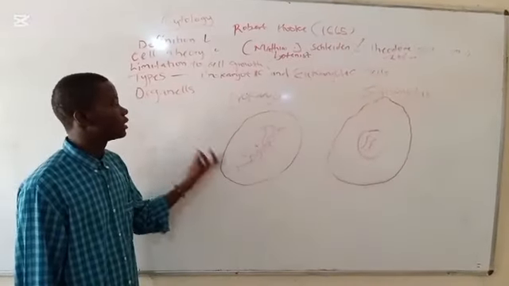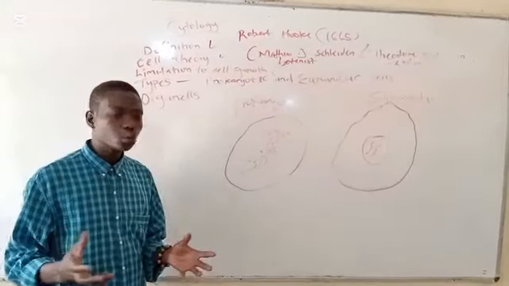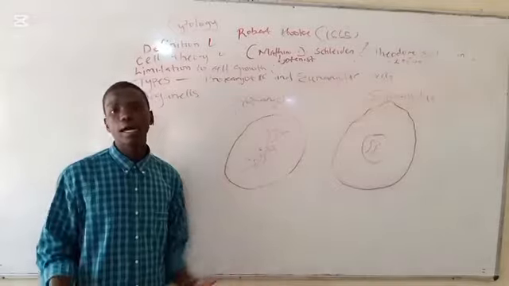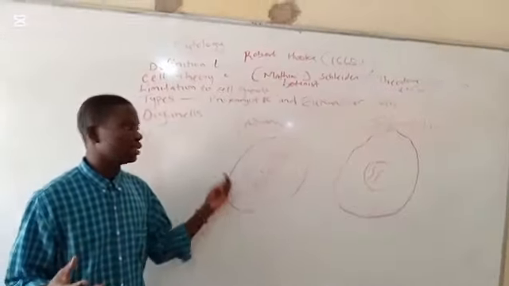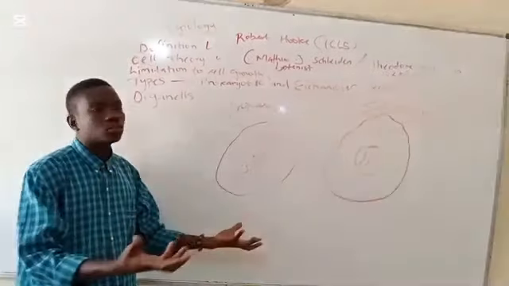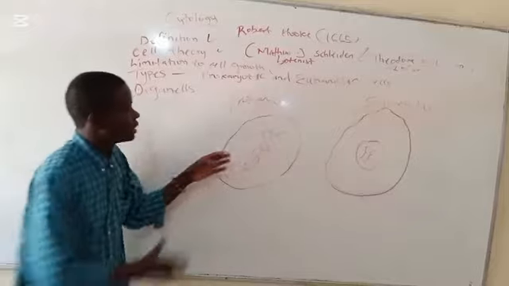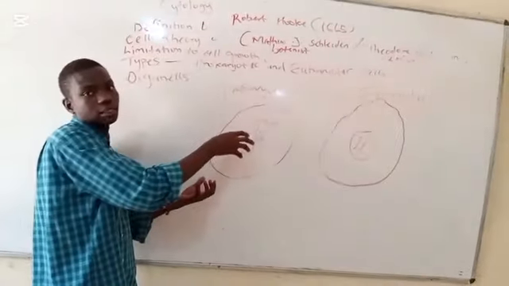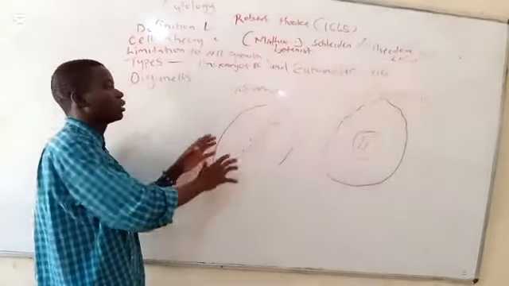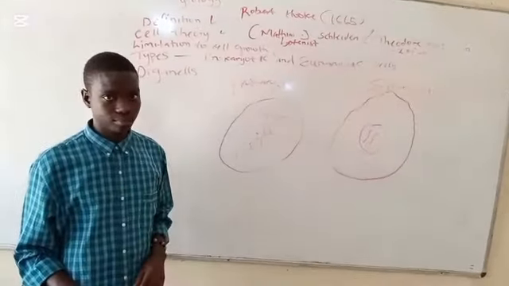So prokaryotic cells are cells that lack a true nucleus and also lack cell organelles. In other words, they are simple cells. They lack organelles that carry out cellular activities, and their DNA material is embedded within the cytoplasm. So there is no covering or special membrane that segregates the DNA from the cytoplasmic fluid.